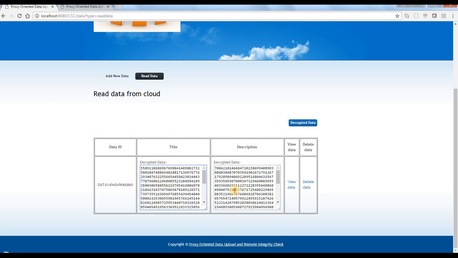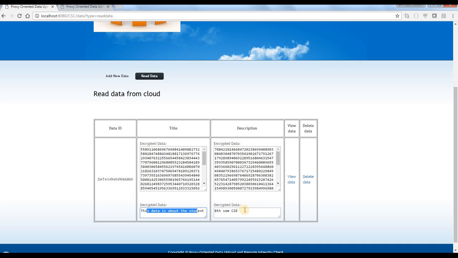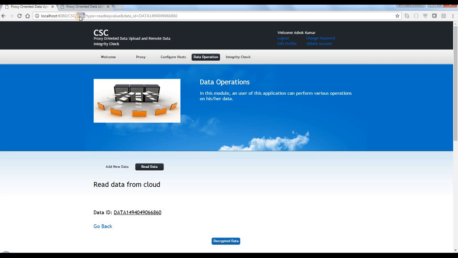So this is the encrypted data from the proxy. If you click on the decrypt button, here is the decrypted data of that particular data. But now if you click on this view data, you can see one more request will be sent. I just clicked on view data, so it's going to send one more request for the same servlet, DataServlet.java,